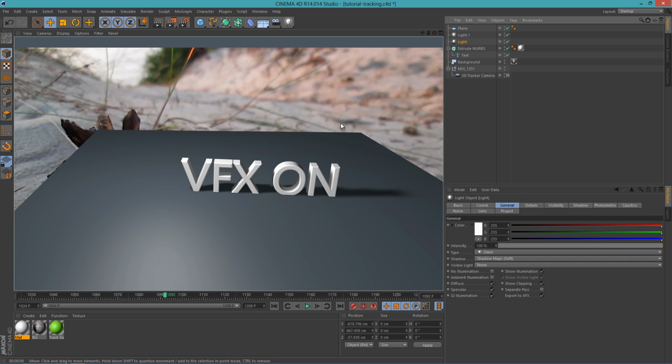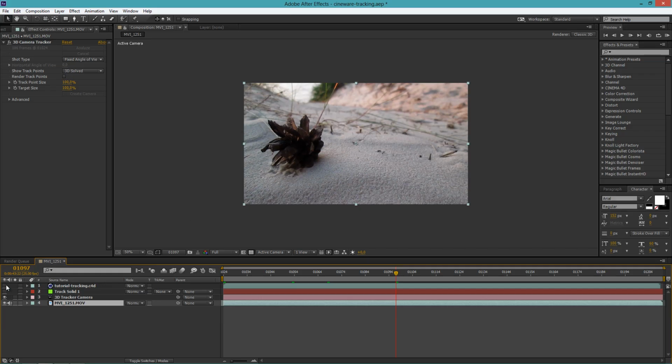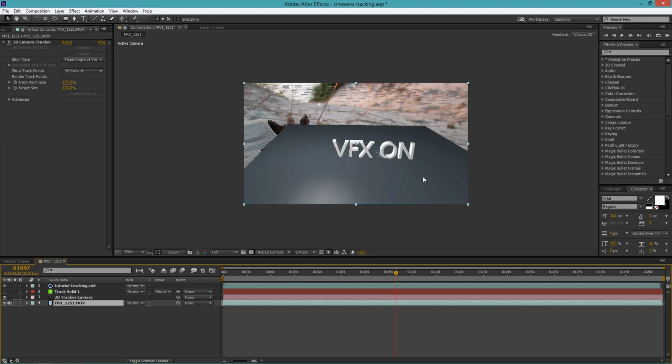And now if I save this Cinema 4D file and jump back in After Effects, and if we turn on our Cinema 4D file, you can see that our Cinema 4D file is already here with everything we just did in Cinema 4D, so that's a pretty cool feature. Now let's go back to Cinema 4D,